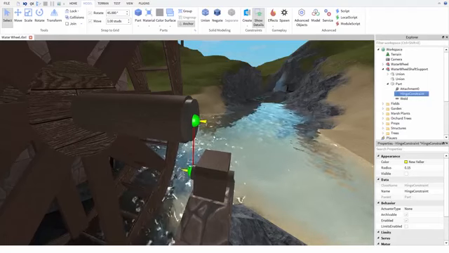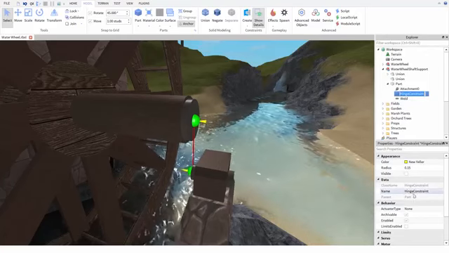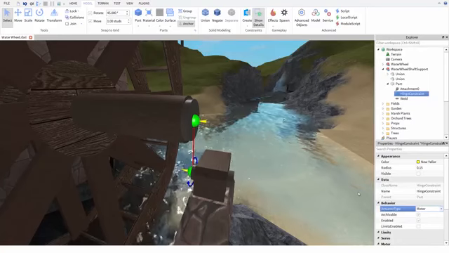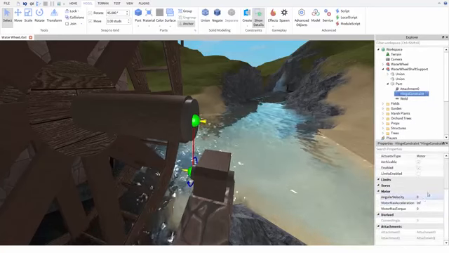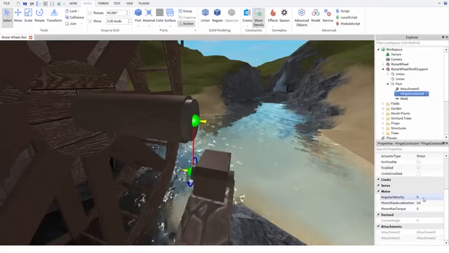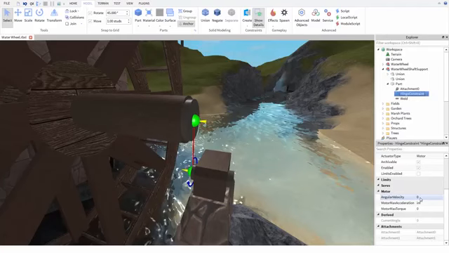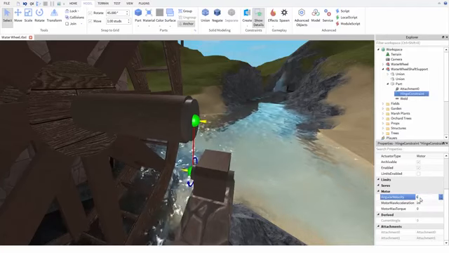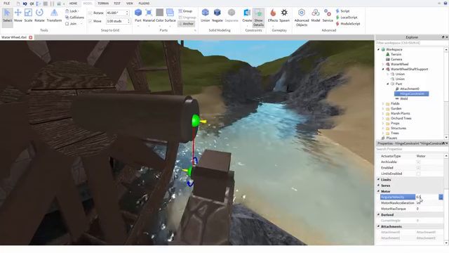Now to do this, we need to go into the hinge's properties and change actuator type from none to motor. Now this will apply a torque to the joint and try to make it reach a goal velocity. Further down in the properties, we can set this goal velocity by changing the angular velocity property. This property is measured in something called radians per second, which basically means a value of about 6 here is going to make the wheel spin about once per second. Now that's probably too fast in this case, so I'm just going to set the value to 0.5.